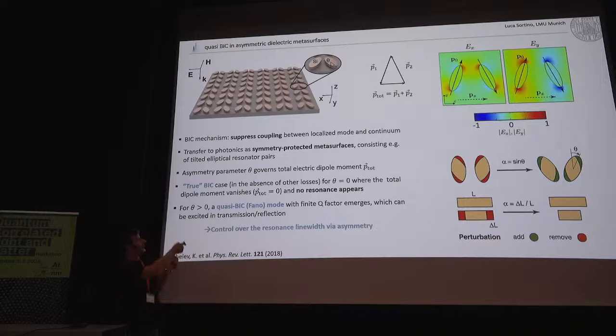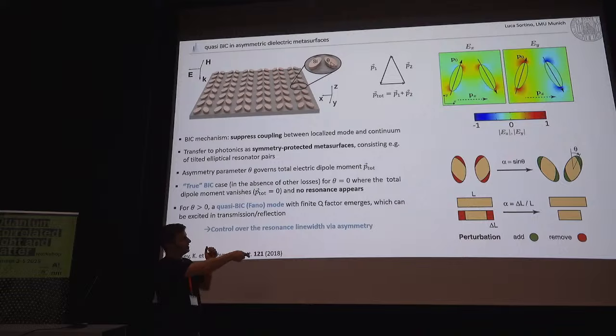And you can think about it in these terms, so that we have some ellipses, which basically can be represented by a dipolar oscillation of the longitudinal charges and the field. So if we have these two ellipses perfectly parallel, the two dipoles will basically cancel each other out, creating a true bound state in the continuum, which means it's a dark state. But what we can do is break the symmetry, in this case